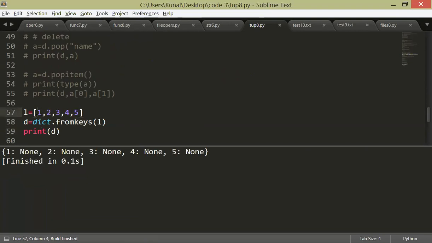So whatever list you are passing, this can be anything. This can be a tuple also. Whatever you are passing will be considered as a key. Each element will be a key, and by default it will assign a value of None. If you want a default value assigned to it,